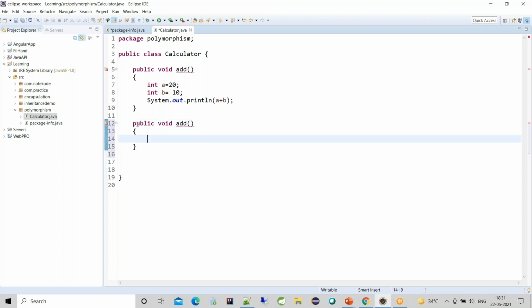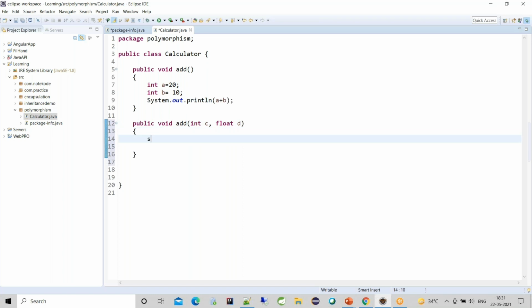When I write this public void add method again, it will say duplicate method add in type calculator. It's saying duplicate method add is already present here, you cannot create. So what I can do is change the argument type. You can say int and float. Now it is showing no error.